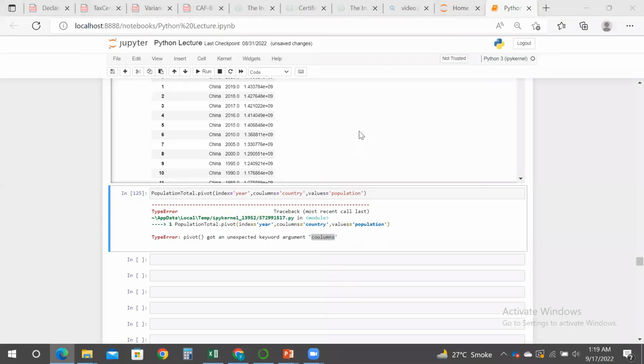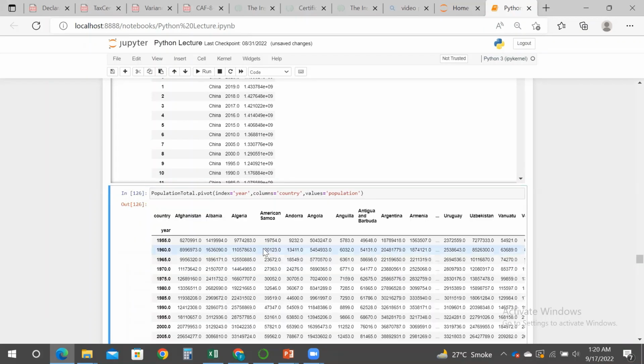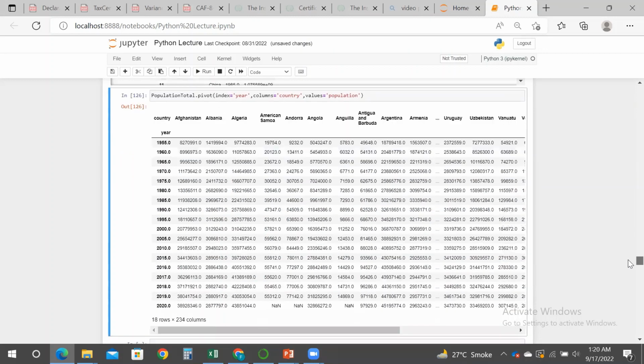So we just re-imported the Pandas library, or reran the step where we imported the Pandas library, and now we can see that it's not recognizing the keywords column because its spelling is wrong. So let's correct this and see what happens. So now we have got the data frame imported and reshaped,